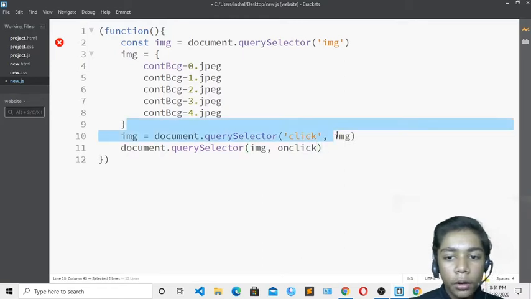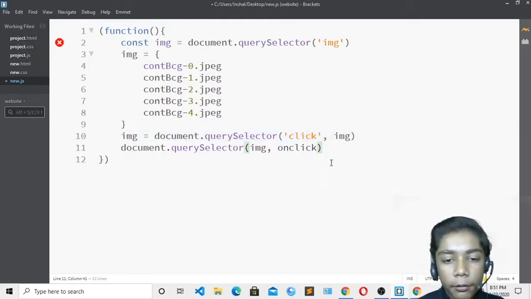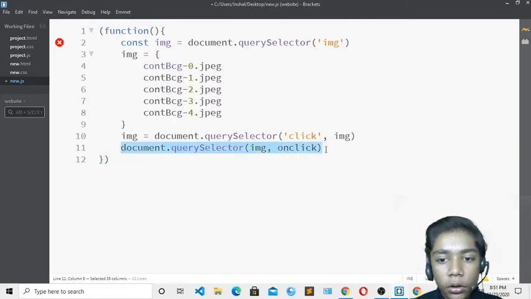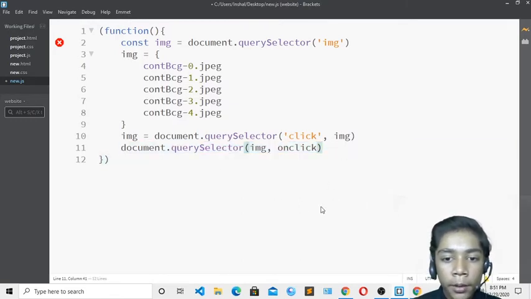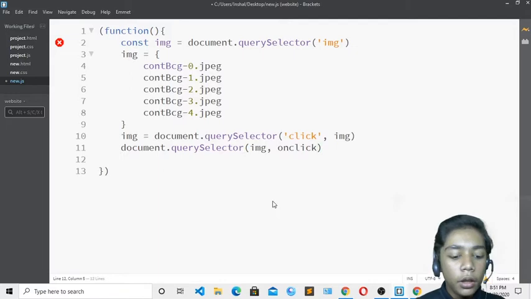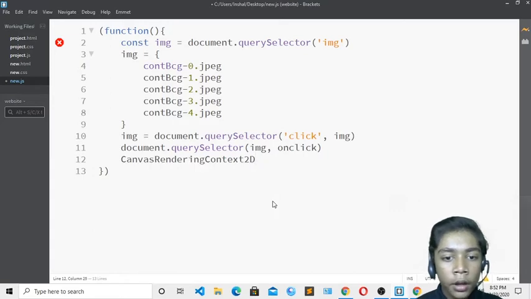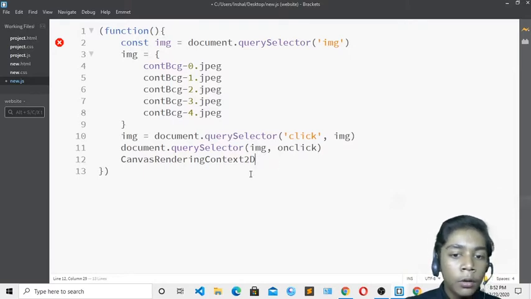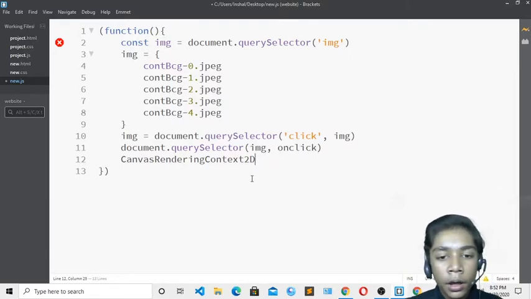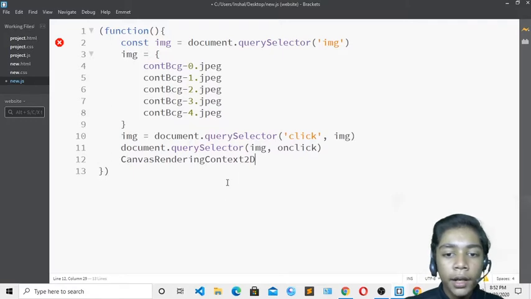So write over here onclick, so if we click on the corner of our icon, it should change to another image. If I show you, over here you have to write icon. You don't have to write canvas. So I will write canvas reading. I have written that, so it should have our logo, which is a small tiny one. From that, if we press it, our image should change again and again, and we can also do that backwards.